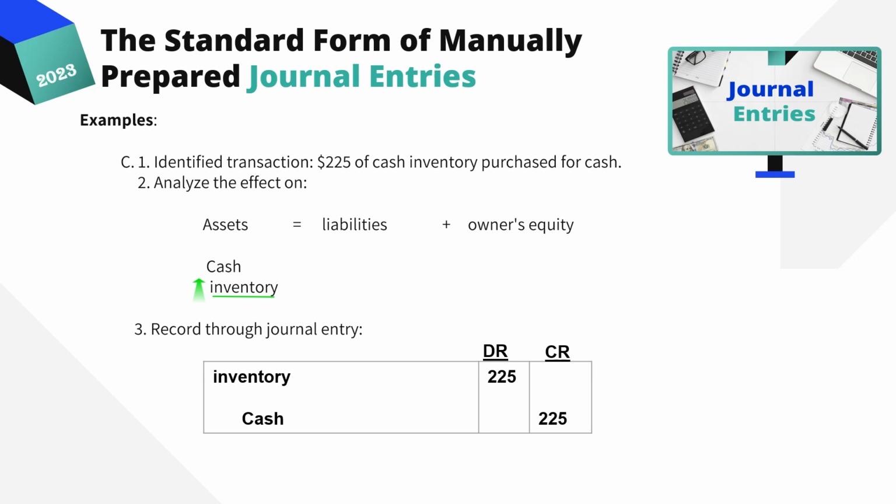The future benefit of inventory is it can be sold, hopefully at a higher price and a profit. We have a new asset coming in, inventory, but we're also giving up an asset, cash, in the amount of $225. If we were going to actually prepare a journal entry to record this transaction, we would show inventory, an asset, increasing. Assets are increased on the left or debit side. So we show inventory as a debit. And then the cash, also an asset, is decreased, and decreases in assets are on the right hand or credit